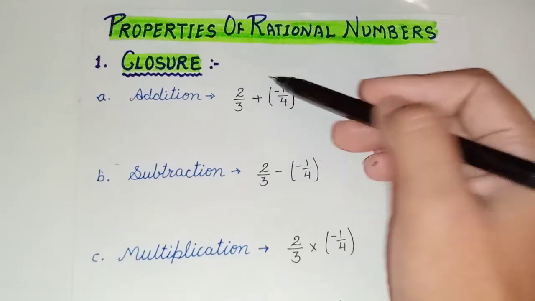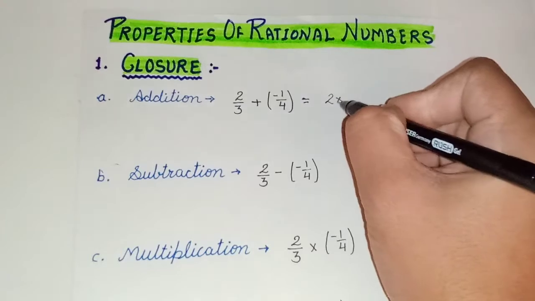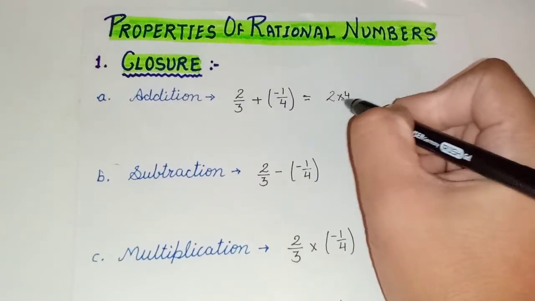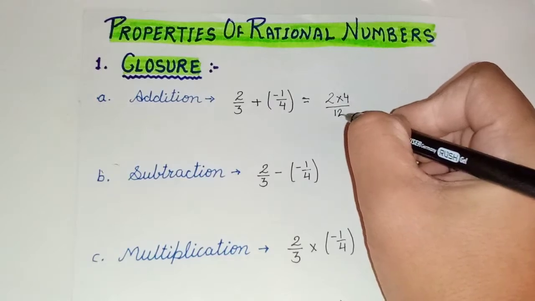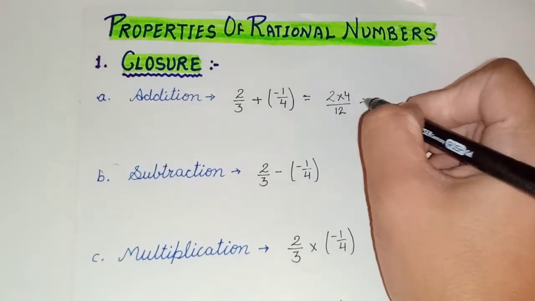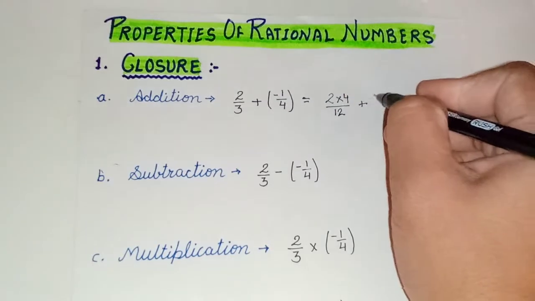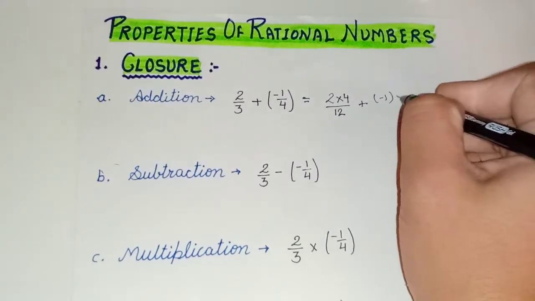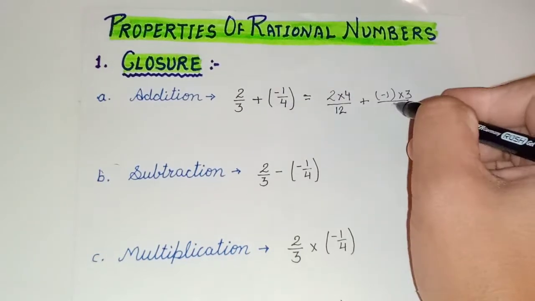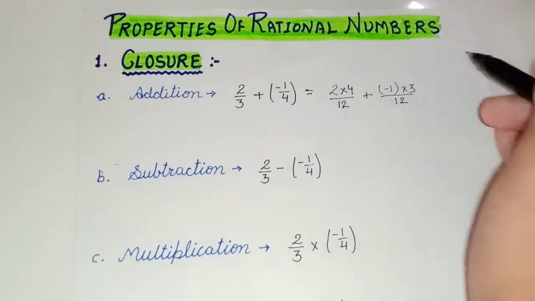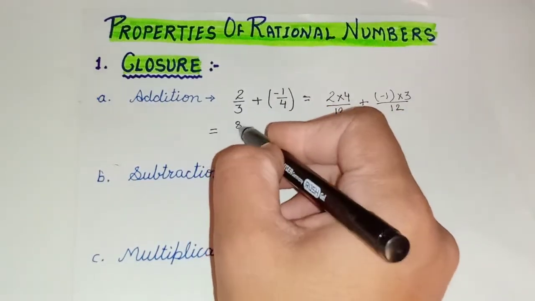So the same we will multiply in the numerator also. Here it is required to be multiplied with 3. So here 4 3s are 12. So here it is 8 upon 12